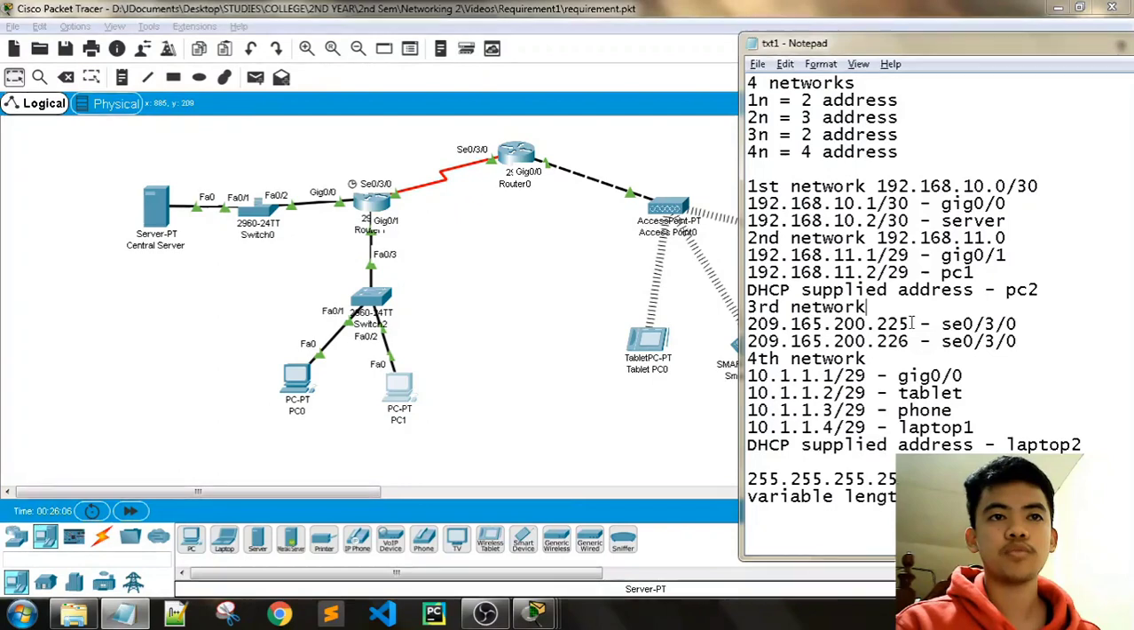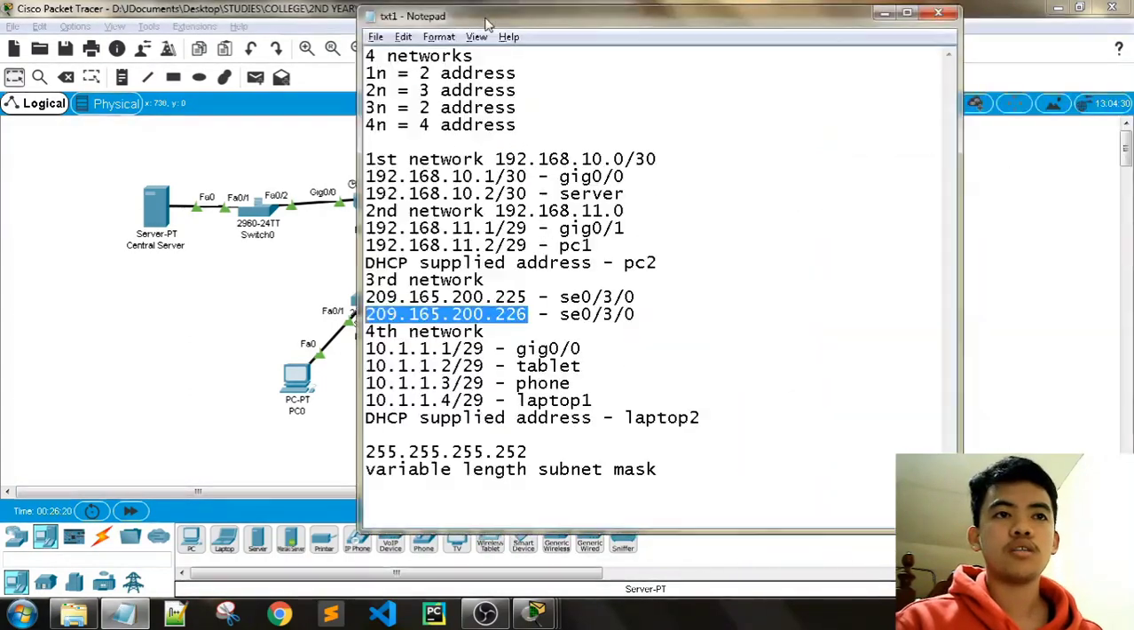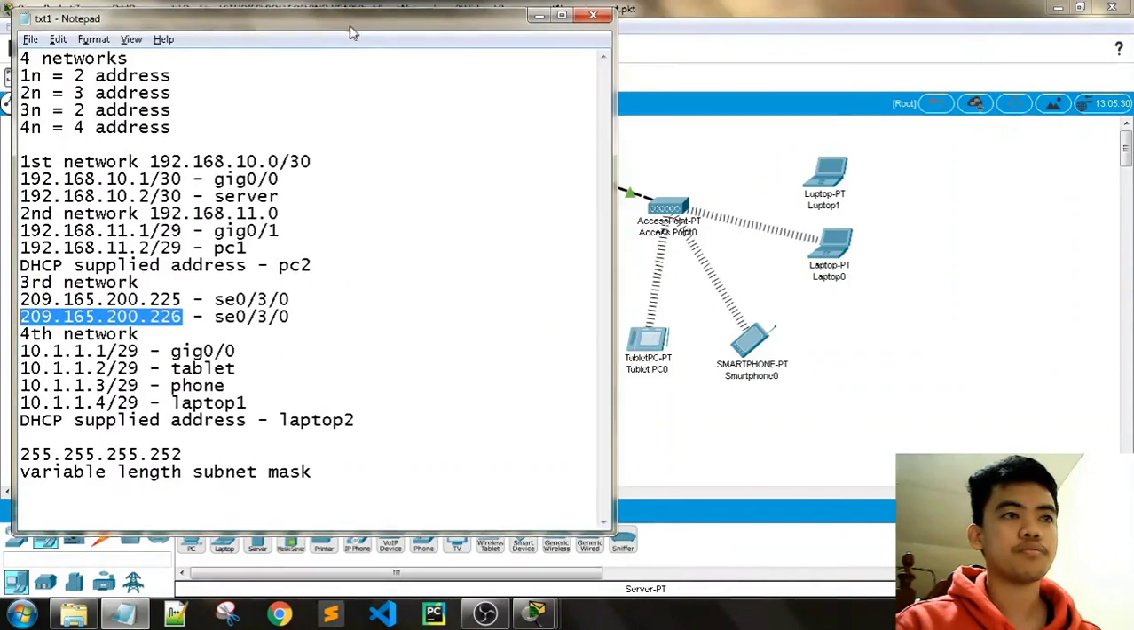So we have this address 209.165.200.225 on this serial port. Then this IP address is on the other serial port. And then for the fourth network here,